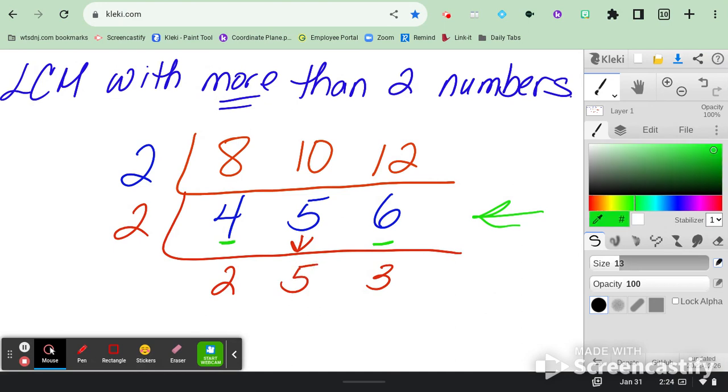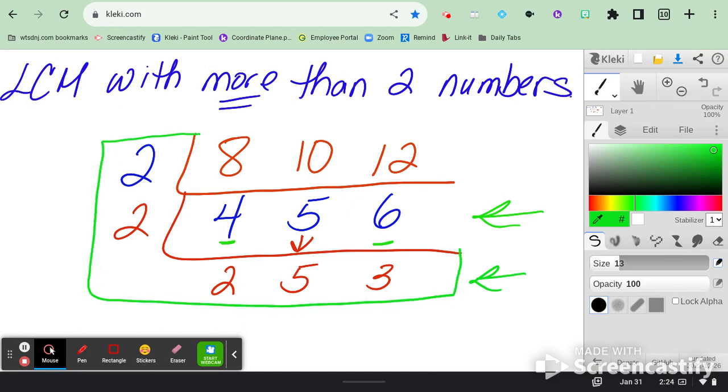All right, so now I'm looking at 2, 5, and 3. I'm looking to see if 2, 5, and 3 are all divisible by the same number. Well, all three are not divisible by the same number, but are two of them divisible by the same number? Well, 2 and 5 are not divisible by the same number. 5 and 3 are not divisible by the same number. And 2 and 3 are not divisible by the same number. So I'm done here. So this is where I'm going to then